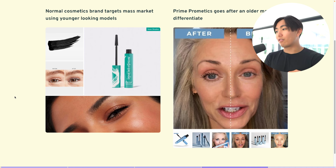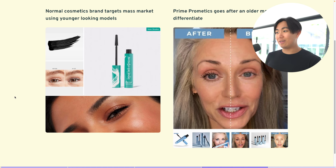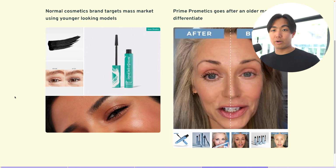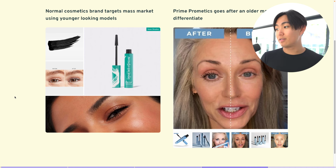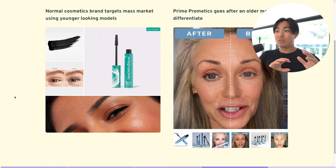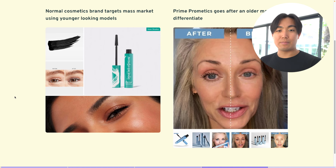your ads can target, for example, if I was selling mascara to older women, right? I would target in the copy, maybe mention words like chemo warriors, right? Because they may have just gone through chemotherapy, in which case their lashes have fallen off. Use older models and UGC creators for the actual creatives themselves to do the product demonstrations, etc. And that will literally allow you to tap into a completely separate audience because the language you use is going to be fundamentally different,